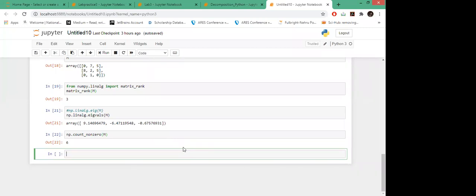It will reduce the time complexity of our program, because here we are dealing with a 3 cross 3 matrix, but when we work with real life data sets, we have large size matrices, right? So the computation time and space complexity matter, and matrix factorization helps in these areas, and is very reliable to work with, reducing the time as well.